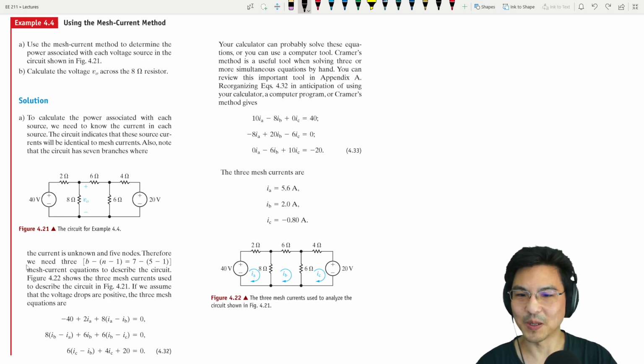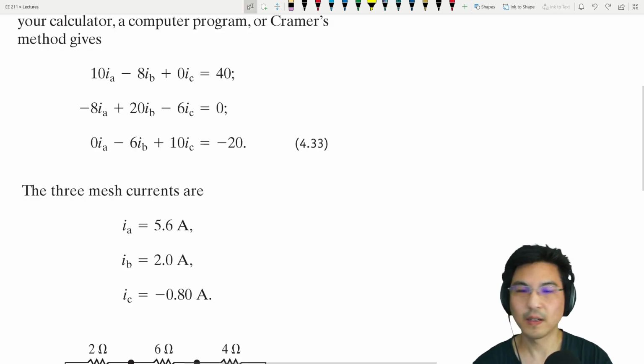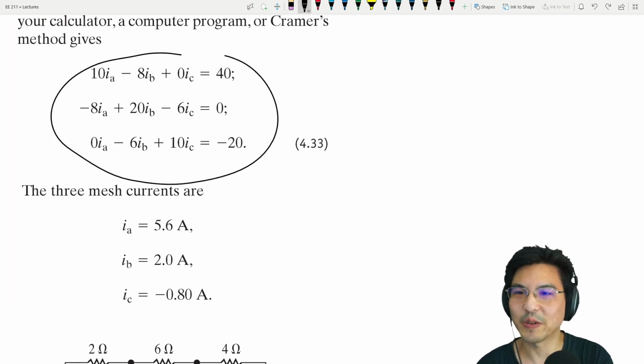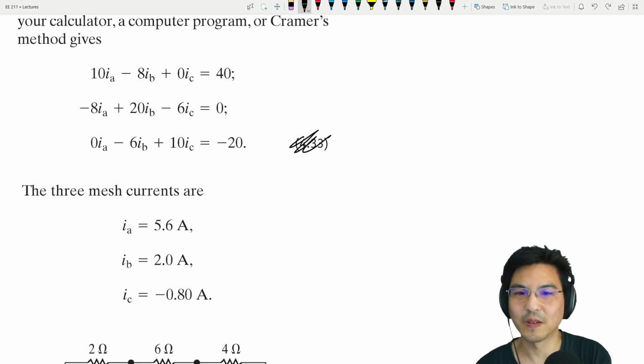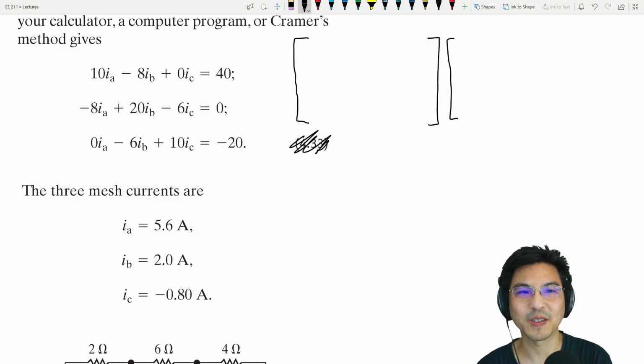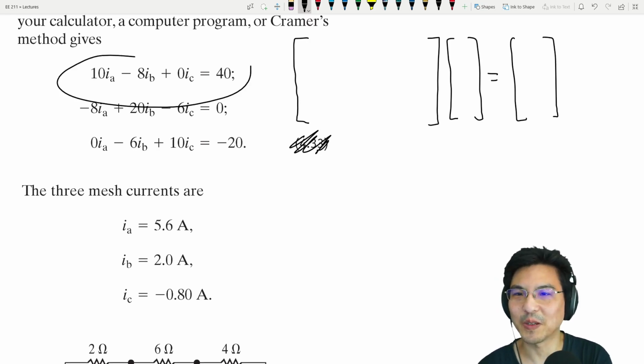Okay, so let me zoom in a bit here. Okay, let's focus our attention on these 3 equations. So let's write it in matrix form. So it's 3 equations, 3 unknowns. So it's going to be basically a 3 by 3 matrix times a 3 vector equals another 3 vector. And here it goes. First equation,